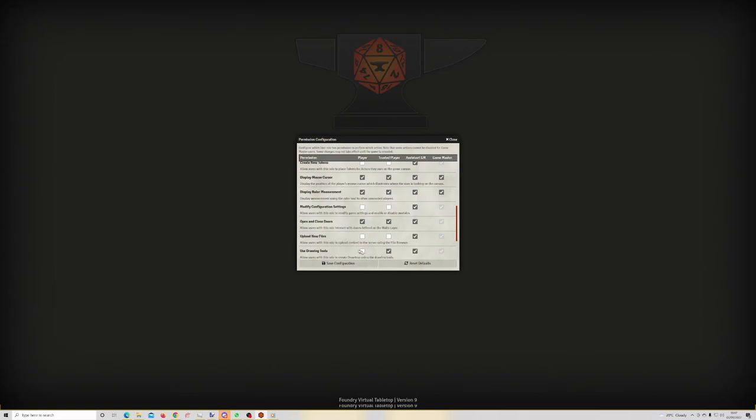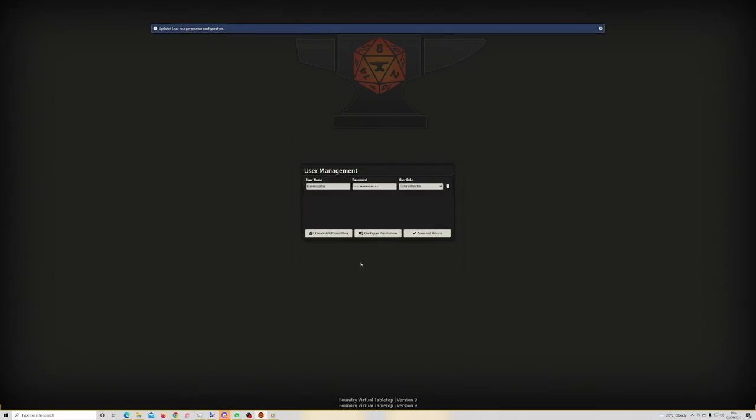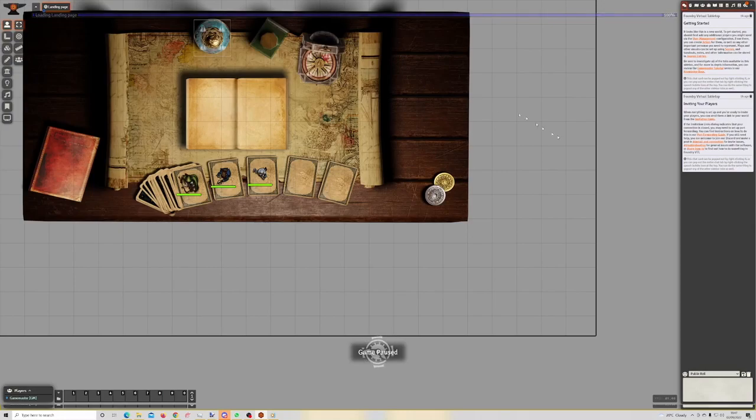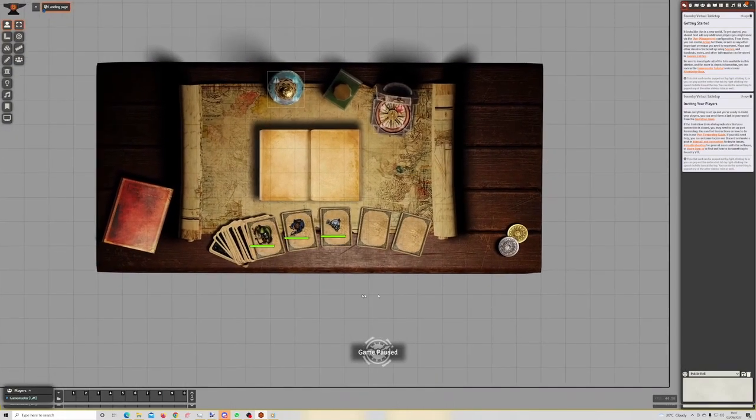Use drawing tools for players, saves the configuration, save and return. Which will mean that they can then put something like notes into here. Not very nice text though. There's a way around that, but